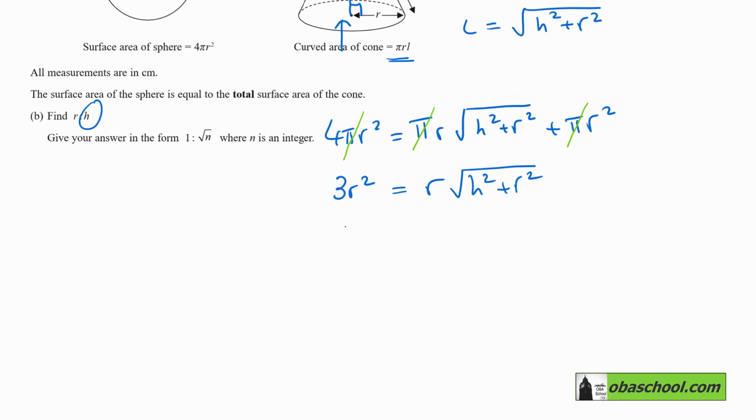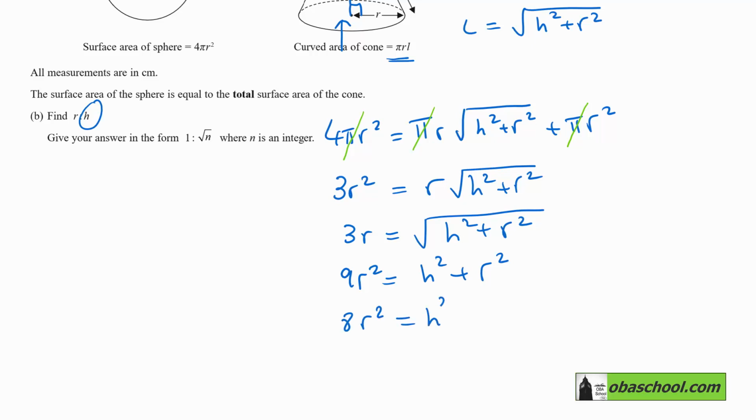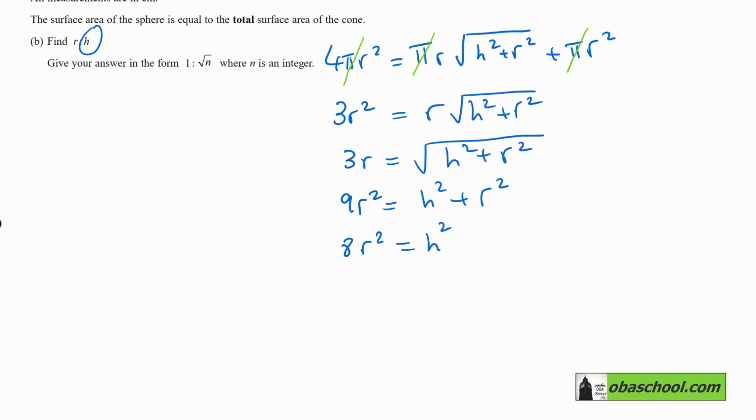Divide both sides by r, and we have 3r is equal to root h squared plus r squared. Squaring both sides gives 9r squared is h squared plus r squared. Subtract r squared from each side, and we have 8r squared is equal to h squared. Now remember that h and r are both lengths and therefore have to be positive. So this is root 8 r is equal to h,